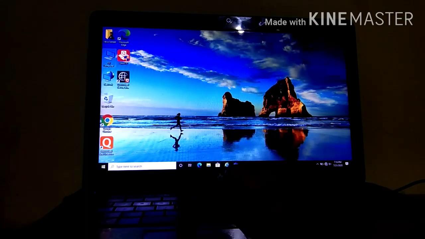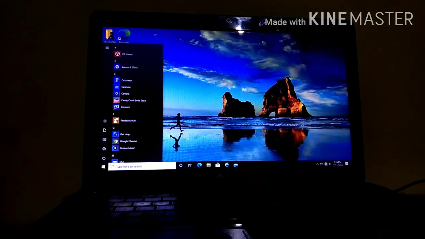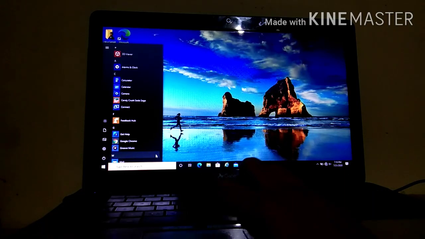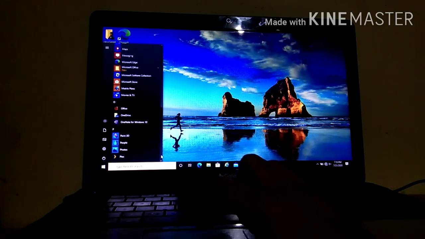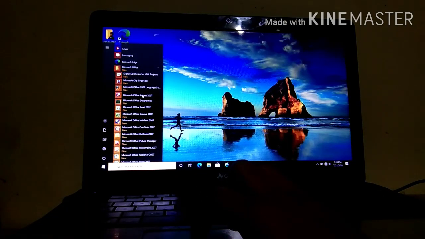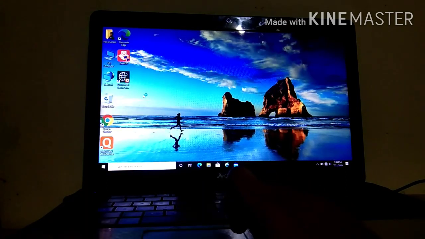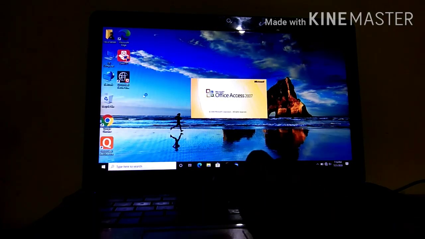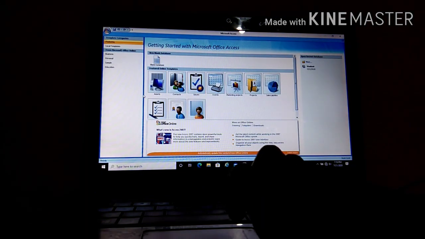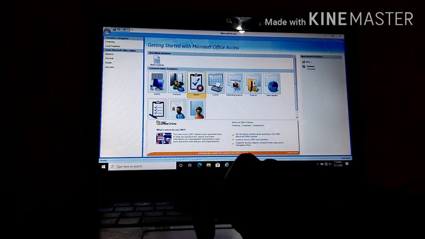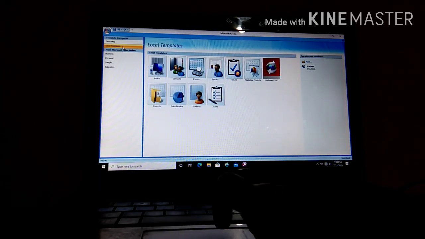Again, in the same way, click on Start, All Programs, then Microsoft Office, and then Microsoft Office Access 2007. Here you can see this window, and here we have local templates. Can you see this section? Click on this. You will see a number of local templates.